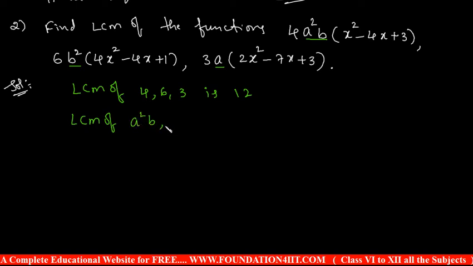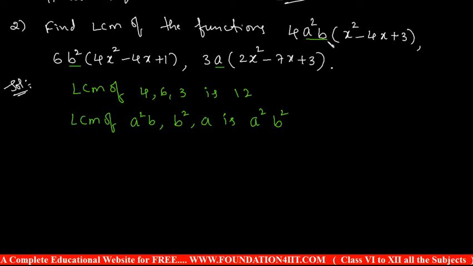Okay, a square b and b square, comma a. If you notice this, a square is here. There is no a square in the other two places, but we should take that. A square is in the first monomial; in the second and third there is nothing. So that is the highest. Next, b, b square. Coming to the b variable, b square is the highest. Okay, these are multiple terms. Then a square b square.